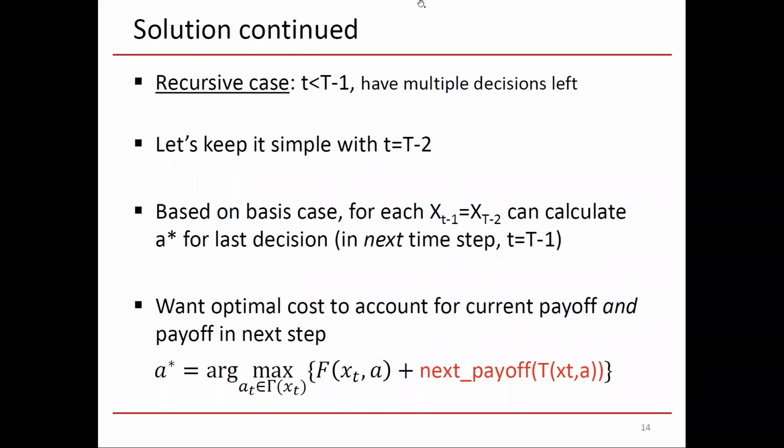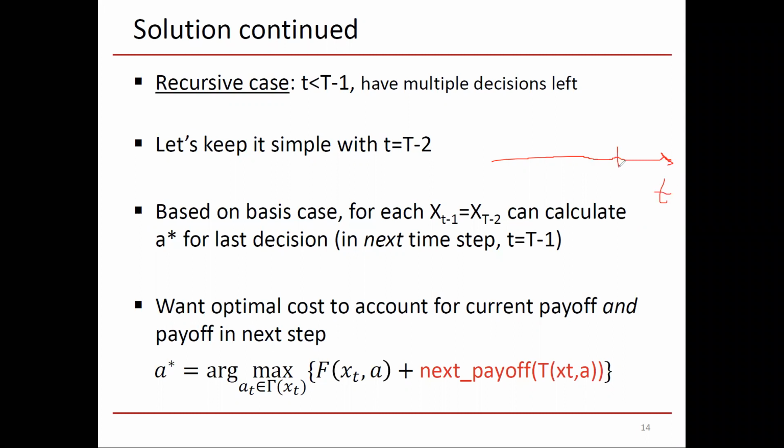So let's try to illustrate this. The horizontal axis will be time, lowercase t for time. At time capital T, we do nothing. That's the horizon, so I'm having this dashed line. And at time capital T minus 1, which we considered in the previous slide, we took the action a star. And now we're at time capital T minus 2, and we can